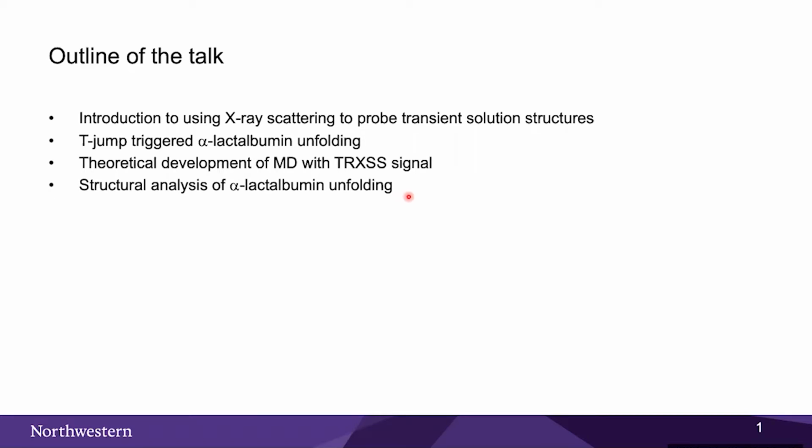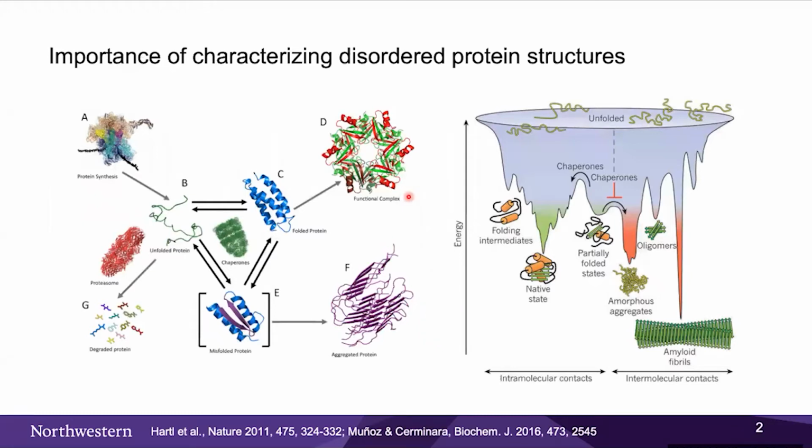Even though, I just want to define the scope of this talk, which will be limited to the protein system. We know that protein can assume different kinds of structures and different states. When it's synthesized, at some point the protein may be unfolded, and it folds to its native state to perform functions. Sometimes the protein will be in a strange environment, such as a raised temperature, a different pH in the cell, different ionic strengths, or even the membrane can exert mechanical force on the protein, which makes it a misfolded protein.